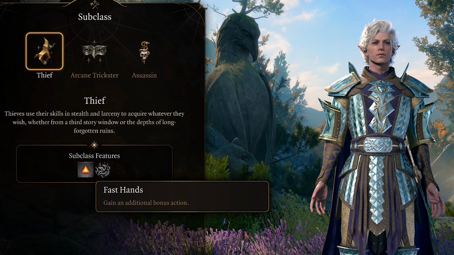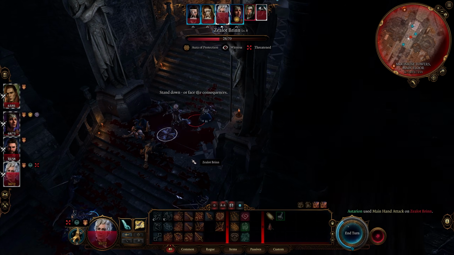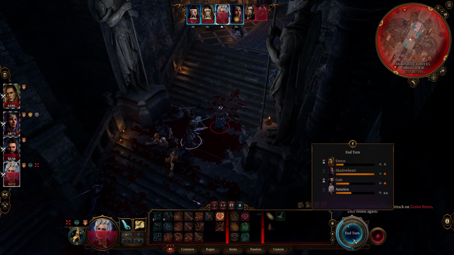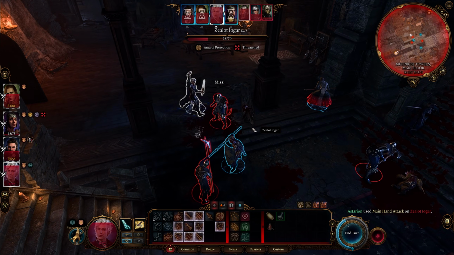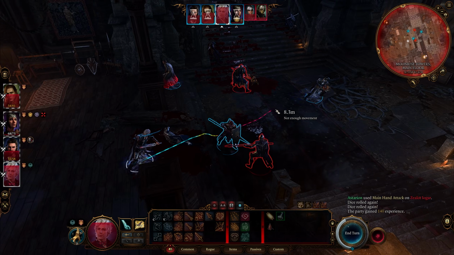At level 3 as a rogue, you can pick a subclass, and for this build, we're going straight into the Thief subclass. As a thief, you gain an extra bonus action every turn, which can be used to dash, hide, disengage, use items, and most importantly for our dual wield fighter, you can now make 2 attacks with your offhand weapon every round. Once you have level 5 fighter and level 3 rogue, you can attack 4 times every round,